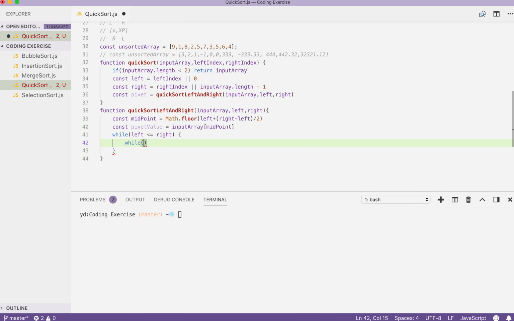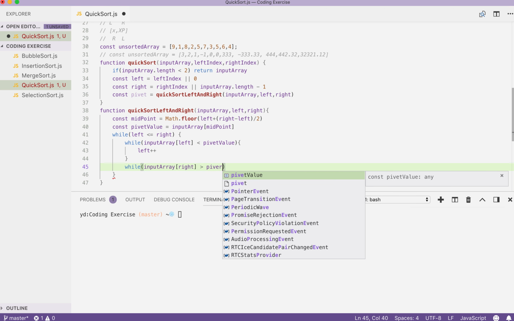We first find the right position for left to point to: input array at left, while it's still smaller than the pivot value, we move on. While the right anchor points to a value still bigger than the pivot value,